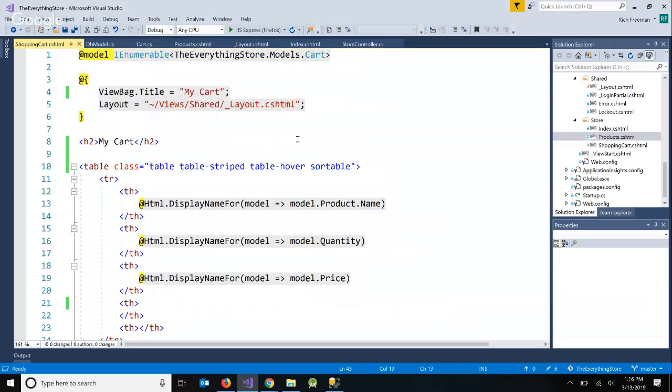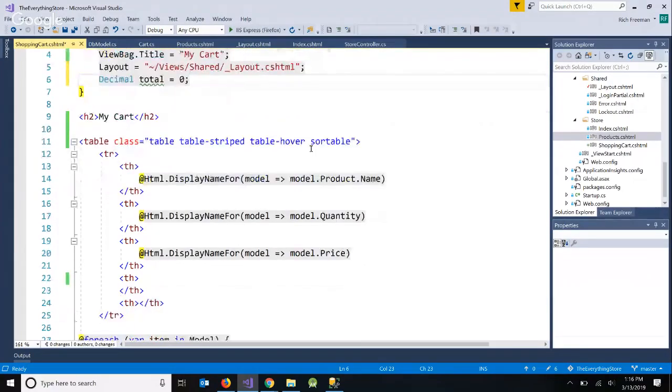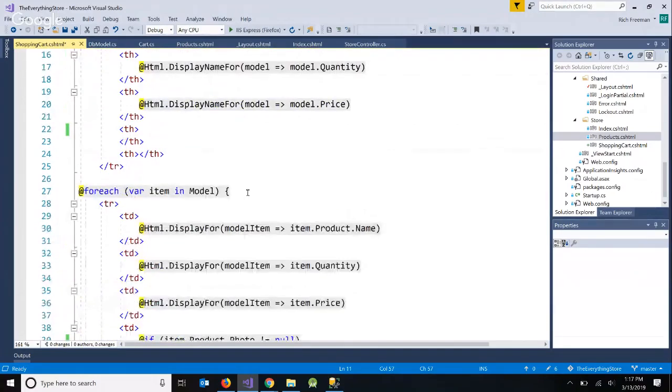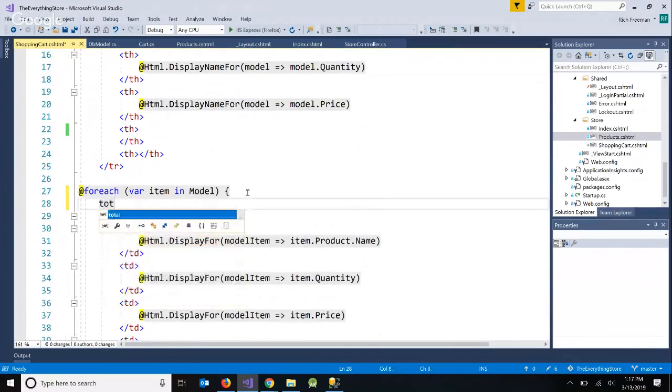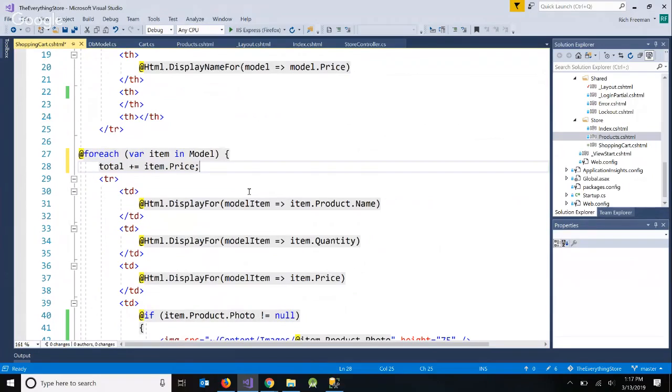So in our loop, maybe what I'm going to do up here is declare a variable. We'll create and initialize a variable called total, and we'll give it a default value of 0. And then inside our loop, we can increment this value. So in our for each loop, we'll just add the current item's price